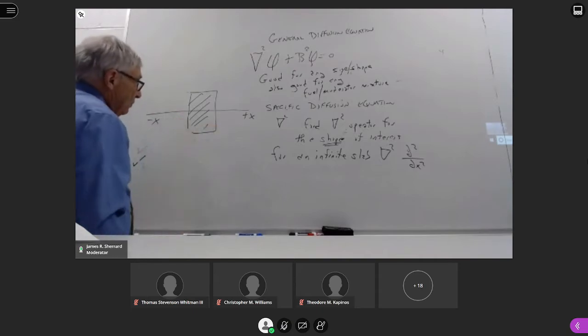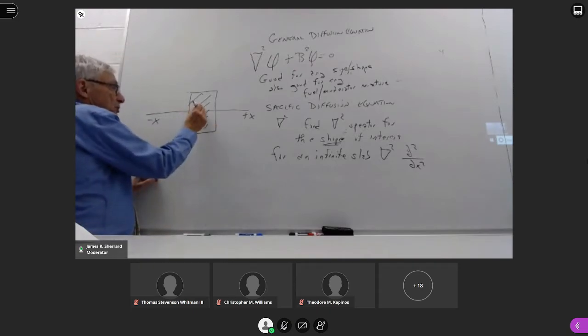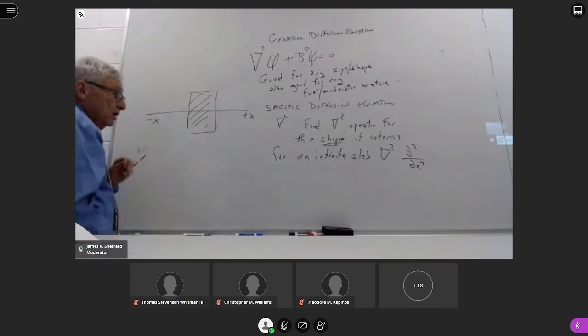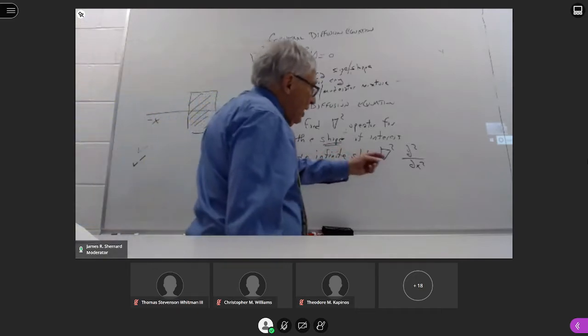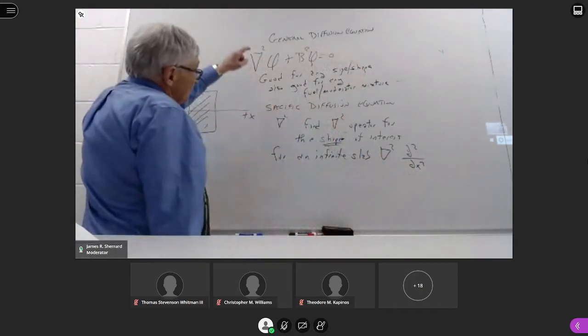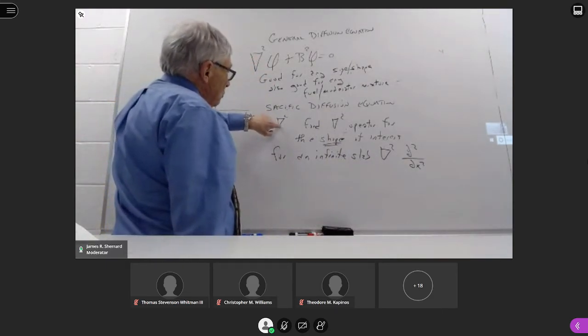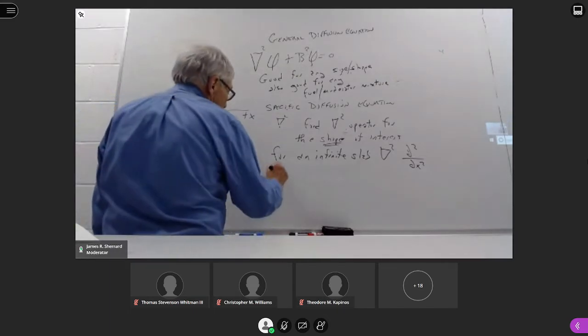So this is the geometric boundary. This material goes to plus and minus infinity in the z direction. It goes to plus and minus infinity in the y direction. So the only variance you have is with x. So my general diffusion equation, by applying the correct del 2 operator to get the specific diffusion equation, becomes out